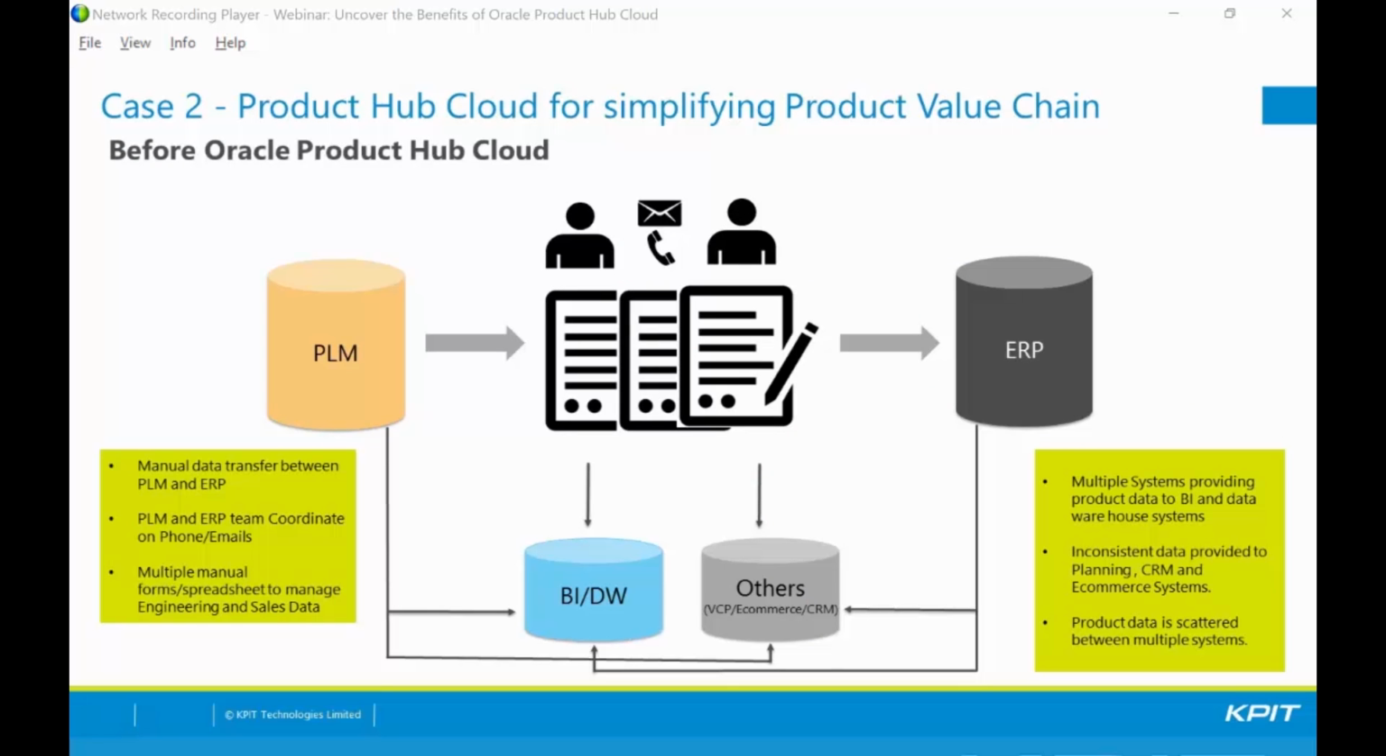Now, similar to that, there's another use case specifically for high-tech industry and also in oil and gas, where customers using a PLM system for their engineering drawings and maintaining the engineering information of an item, or initiating the new item from an engineering perspective. Before the Oracle Product Hub Cloud implementation, they were defining the product in PLM. Once the finished good and BOM were ready, they actually spent time again in Excel sheets and email and phone